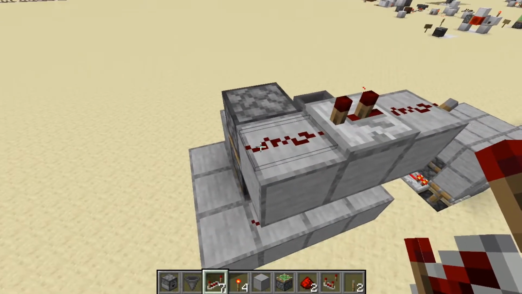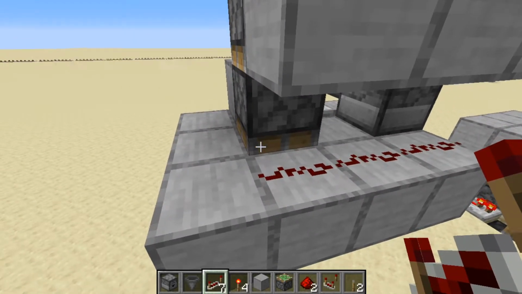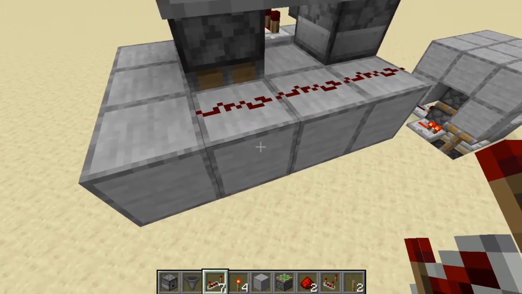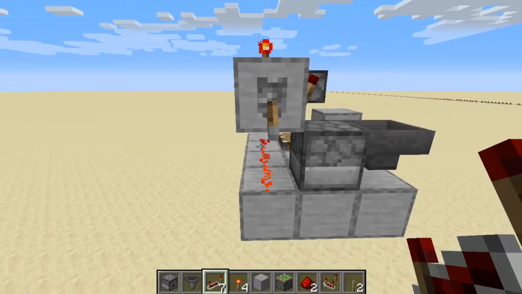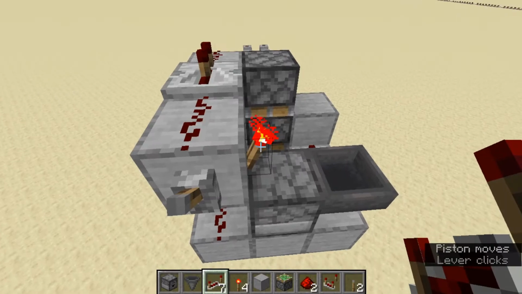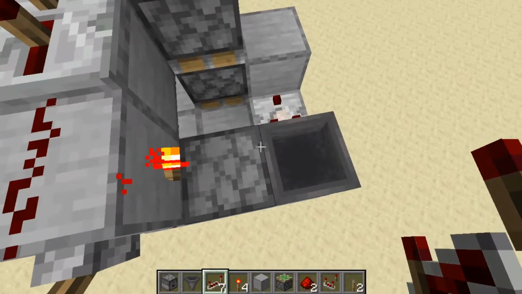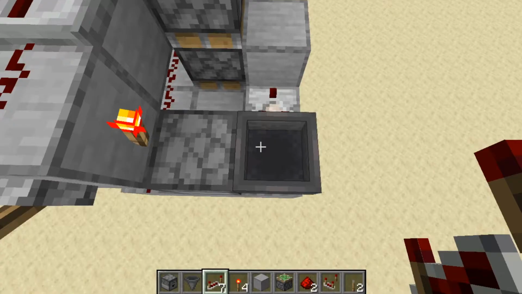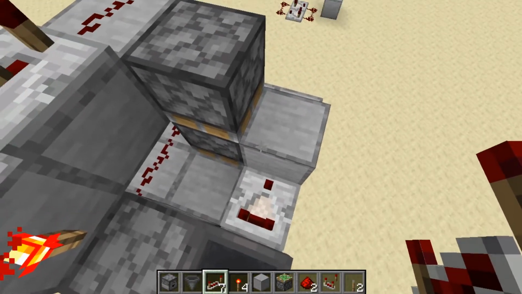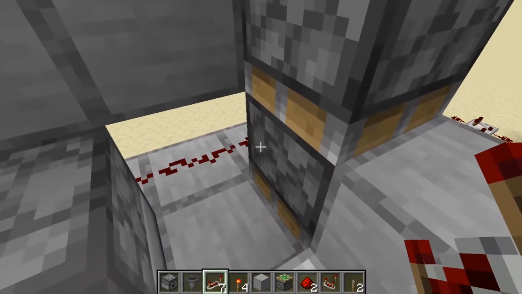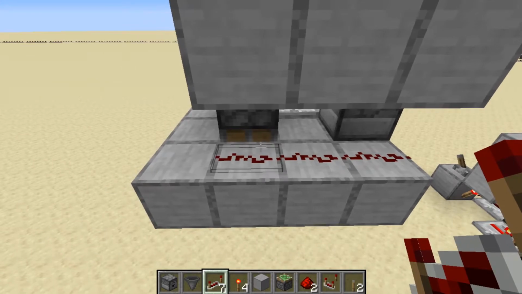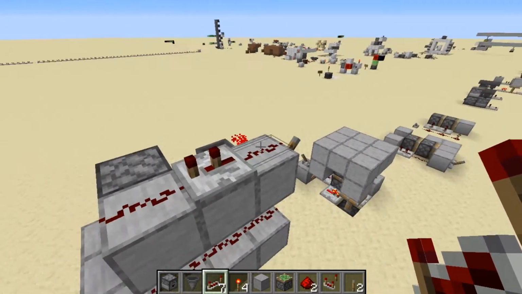So this block will power this piston, which will push this piston down into that spot down there. And then that piston here will be powered by this block, which will then extend that one. And then when you go to retract it, the monostable circuit will go off because the torch turned on, powering the dropper, and put an item into the hopper, which gave an output to the comparator, powering this block for a brief moment to extend this piston and retract it. And all that happened after this came unpowered to unpower that piston,